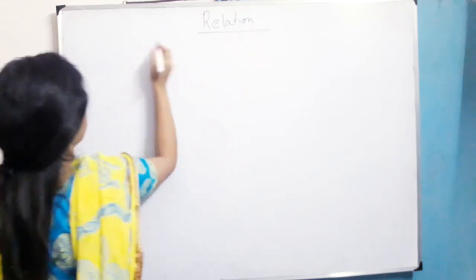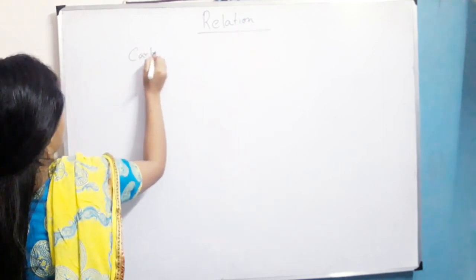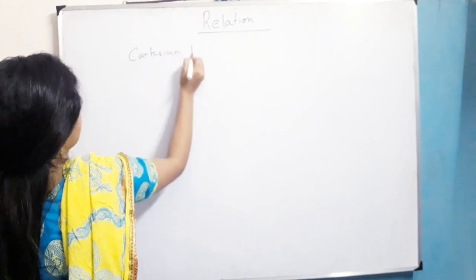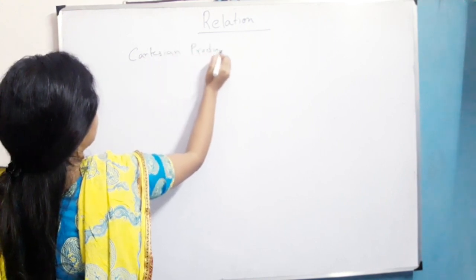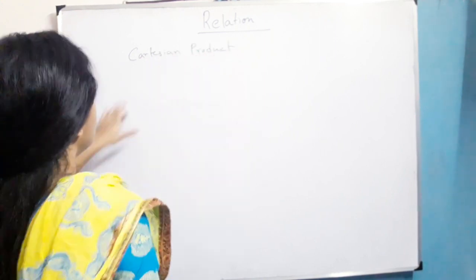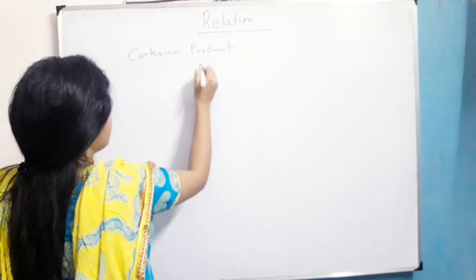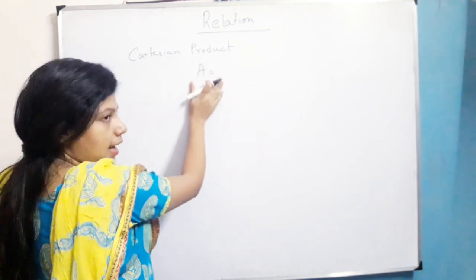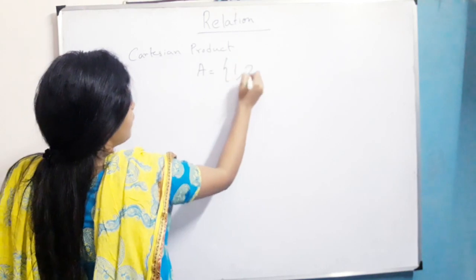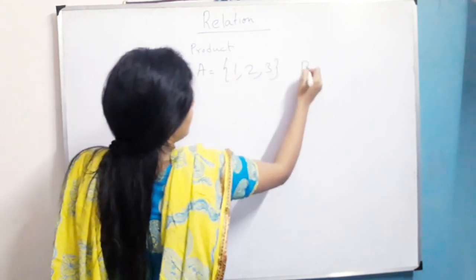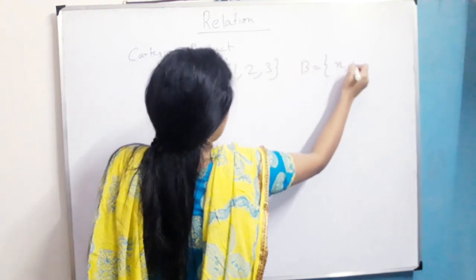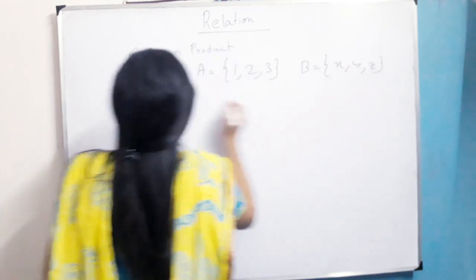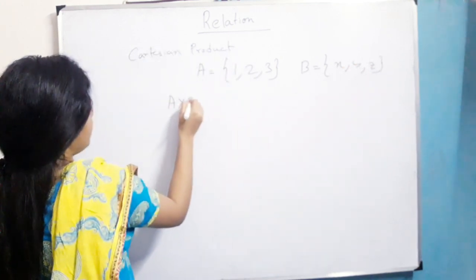Now what is that? First I will tell about something of Cartesian product. Okay, so what is Cartesian product? It is already done in class 11. A equals to {1, 2, 3}, B equals to {x, y, z}. Then A cross B equals to